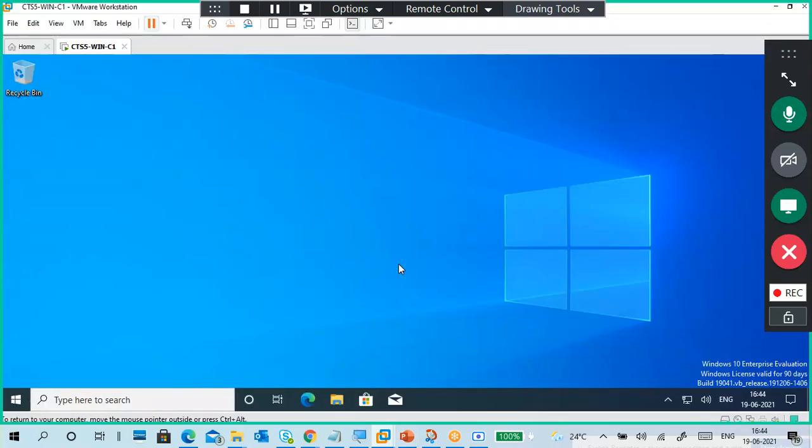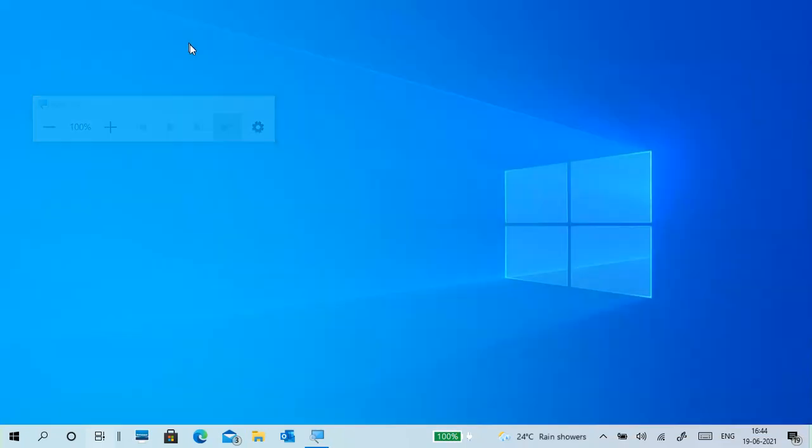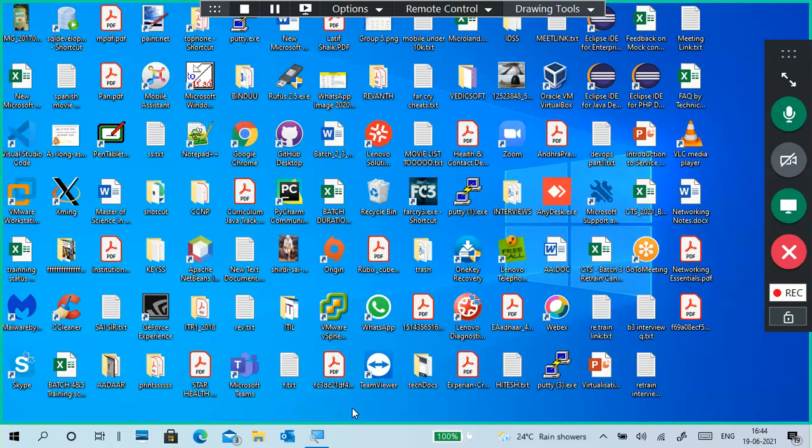For example, I want to do some work in Visual Studio Code, and I want to open it separately, not in this window, not in this desktop, but in a separate desktop environment. So what to do? Go to Task View, click on Task View, and select Desktop 2. This is another desktop.